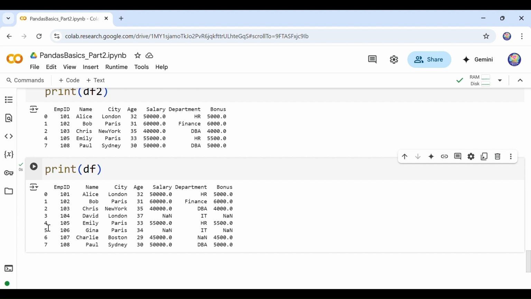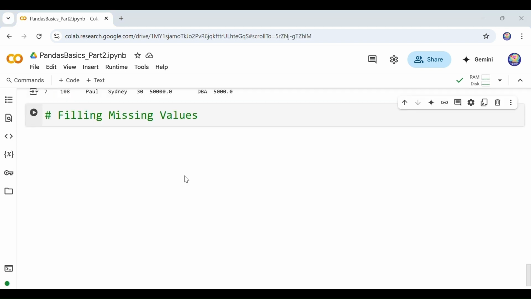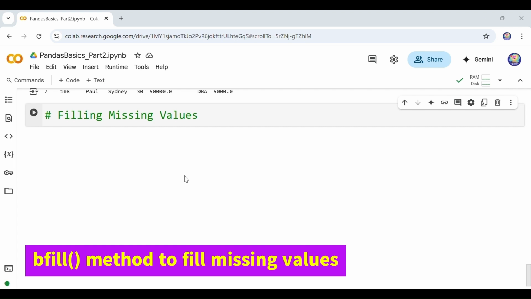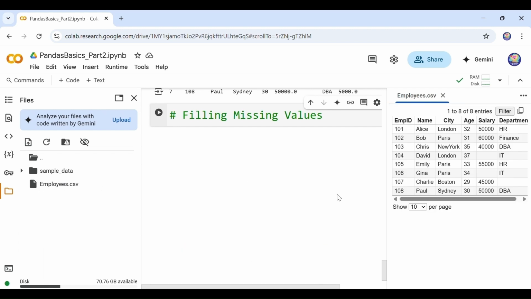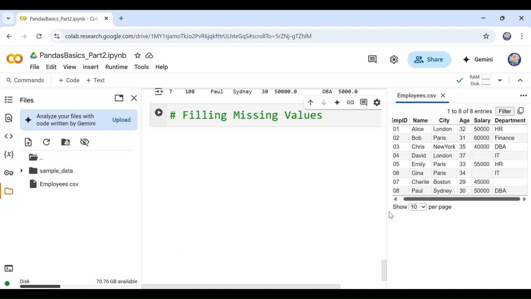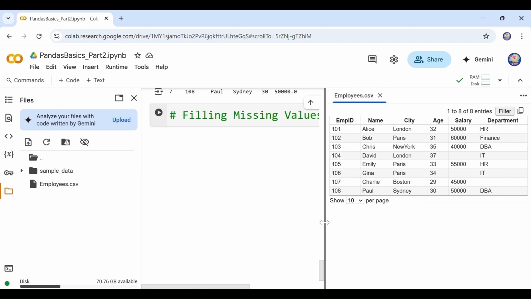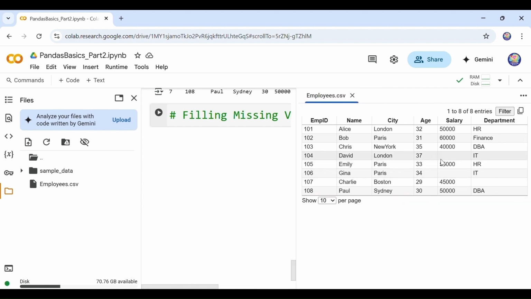Here, in our case, our data set is small, so it is better to replace those missing values with something more meaningful. Our first method of filling missing values is backward filling method. So let me see once again, where do we have missing values? And here is our data frame. So let me just drag it a bit. And here you can see that we have 2 missing values in salary column and 1 in department column.